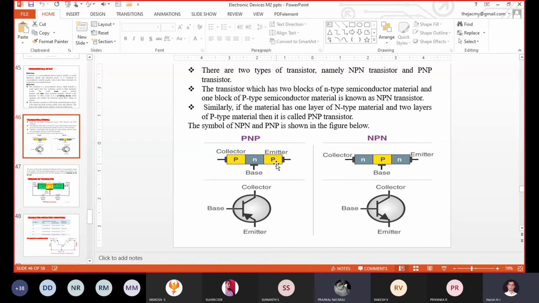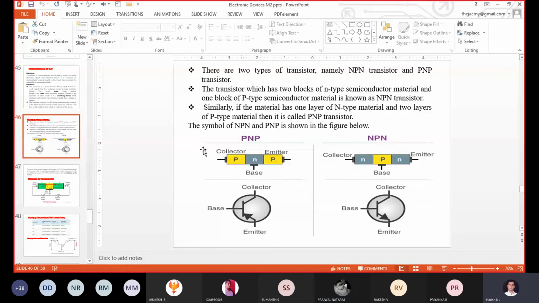Correct. So taking numerical values, at the emitter it may be electrons or it may be holes, it varies based on PNP and NPN. Let us assume there are 100 charges on the emitter side, 80 charges in the collector, and 20 charge carriers in the base. In such a way we are going to use the doping concentrations for the construction of a PNP transistor as well as an NPN transistor.